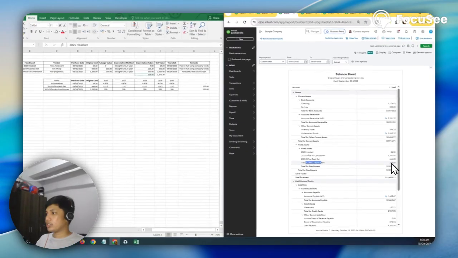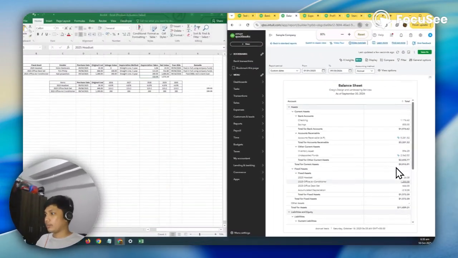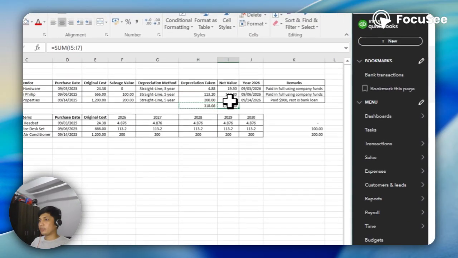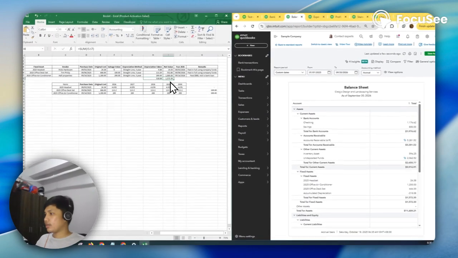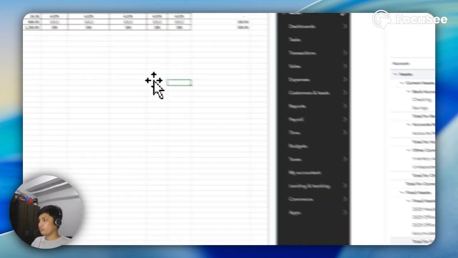As you can see, we have a 318.08 depreciation amount here, same with this one. And then the net value of these assets is 1,572.30. It's very straightforward.